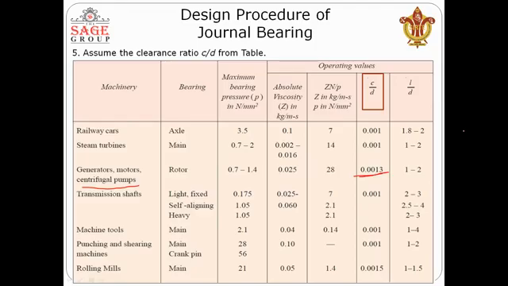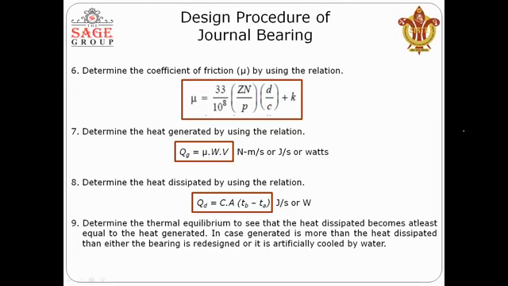You can keep continuing, but you have to keep remembering these particular values. Fine. So from here, we have identified the value of C upon T. Now, moving to the next step, the calculation comes over here. First, in this next step, we will determine the coefficient of friction mu by using the relation